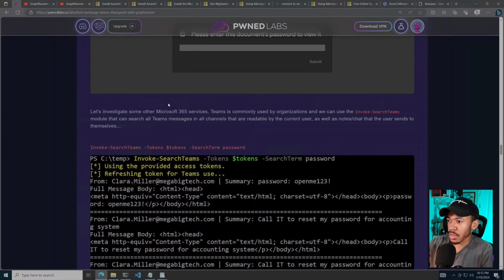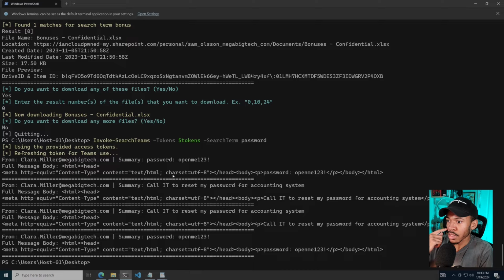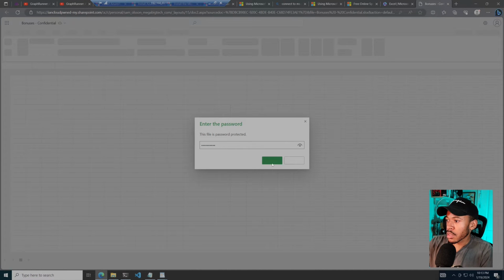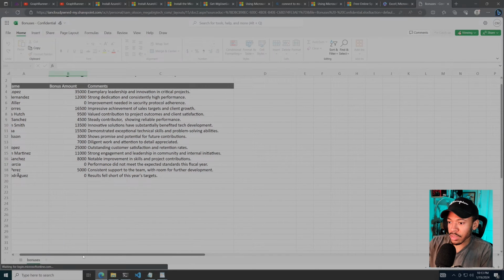I'm not sure. So we can actually look for the term password within Teams. So maybe we will. We're searching throughout all of the chat messages within our Teams group for the term password. So we see this first one. We have a password, openme123. Let's go ahead and try that. That makes sense to me. Oh, nice. So we have some bonuses, and